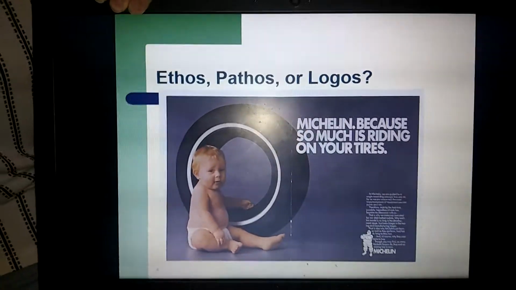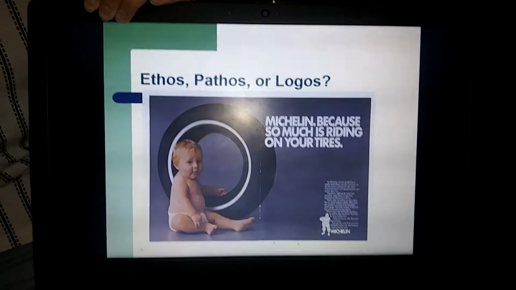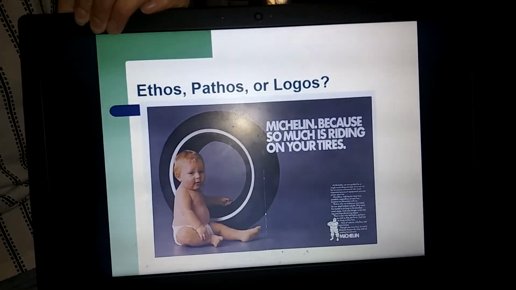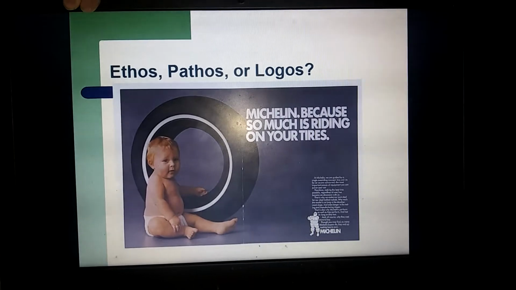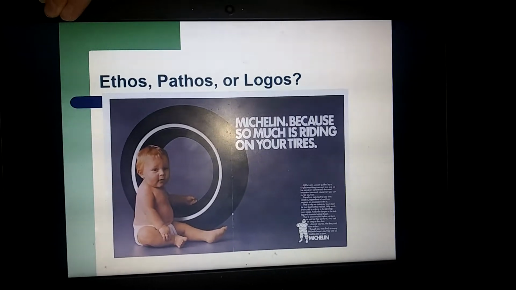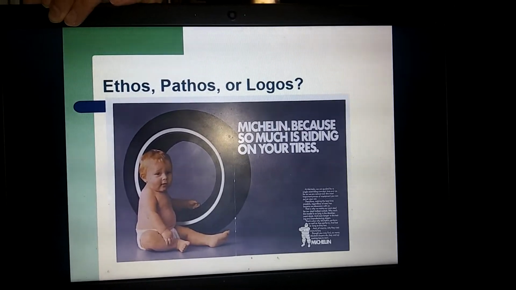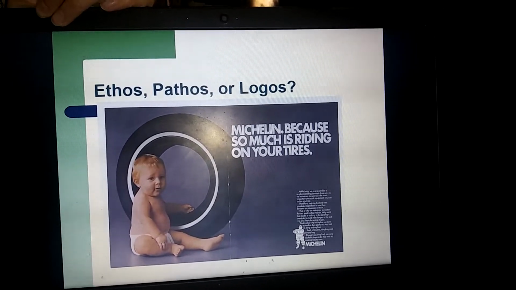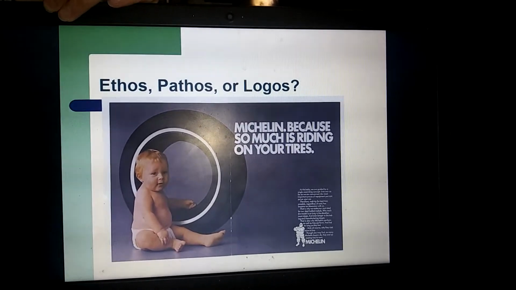So what I'd like you to do right now is write down, is it ethos, pathos, or logos, and why? Remember, you're going to be graded for this. And once again, ethos is ethics, which is right, wrong, values, beliefs. Pathos is emotion, which is making you feel strong emotion, primarily guilt, but also other things as well, pulls at your heartstrings, and logos is logic, okay? Statistics, all of that stuff. So which one do you think this is? I want you to write it down and why. Okay, go ahead and pause so you can write down your responses.